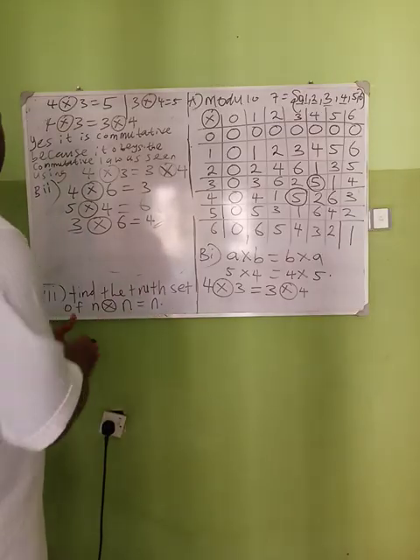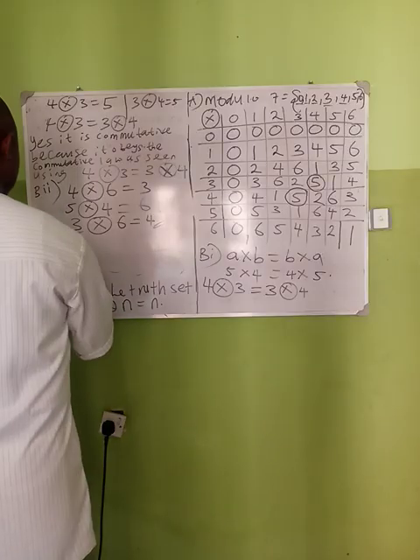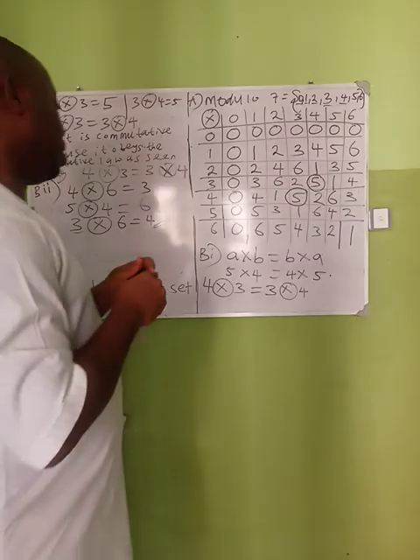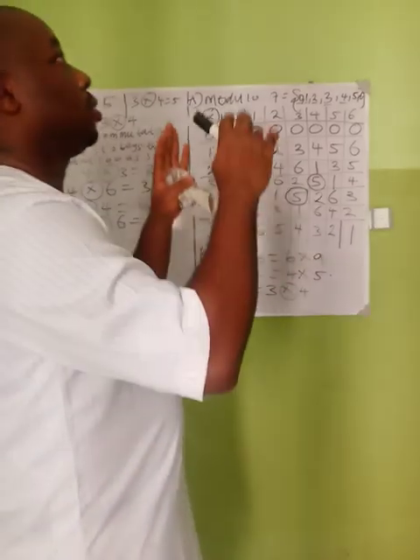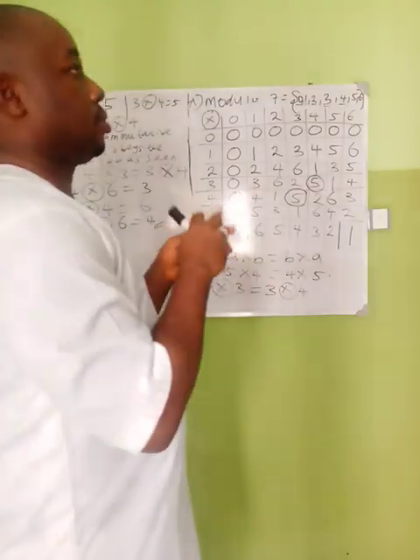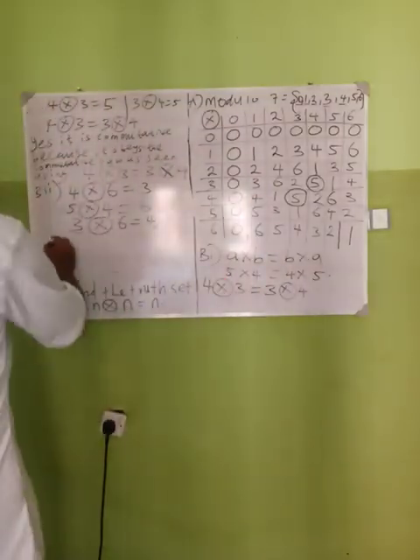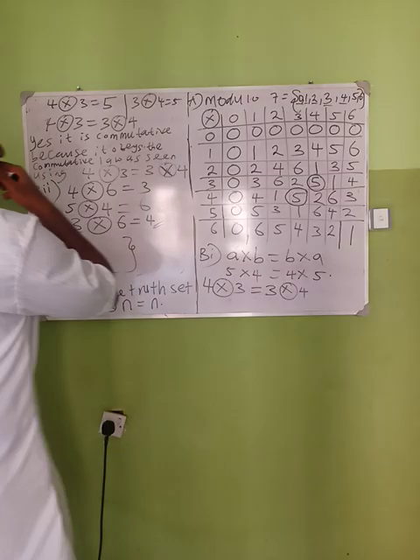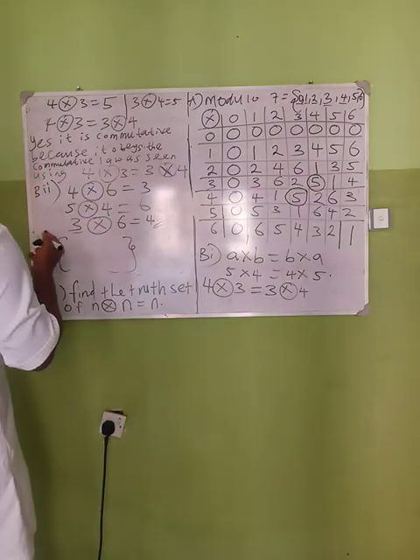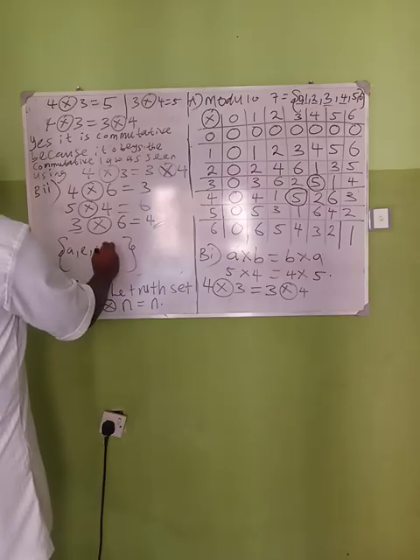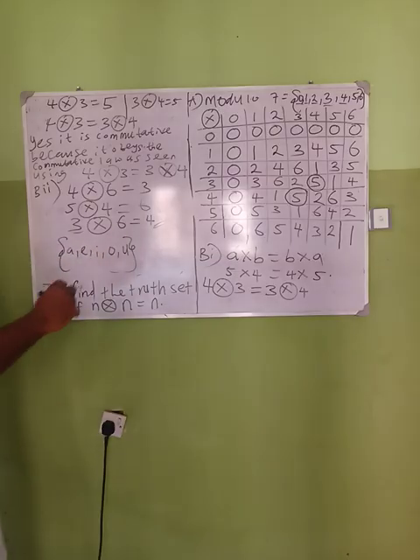Then the last part says we should find the truth set for n times n. Now, a set simply means a collection of elements written in this shape. So, for example, if I have a set of alphabets, let me say a set of vowels would be A, E, I, O. So I've written a set of